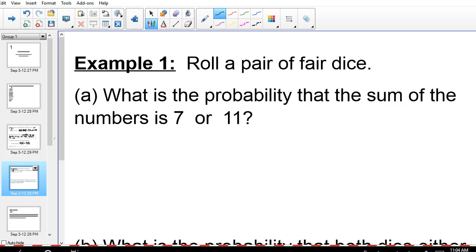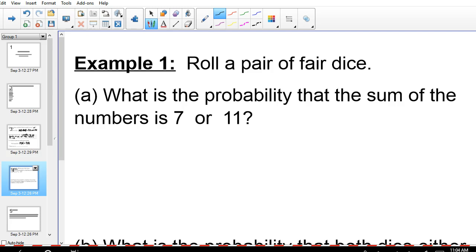Okay, so for example, you roll a pair of fair dice. You can refer back to that other worksheet if you still need that list of possible combinations. Fair means they're not tricked. Like if you wanted to have them weighted heavy on one side, then they would always roll the same number every time. So these are fair. There's nothing wrong with them. So what is the probability that the sum of the numbers is 7